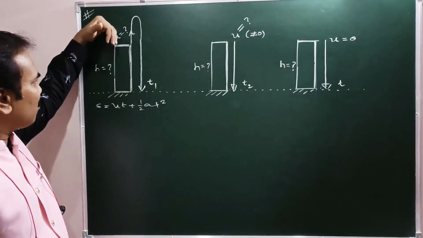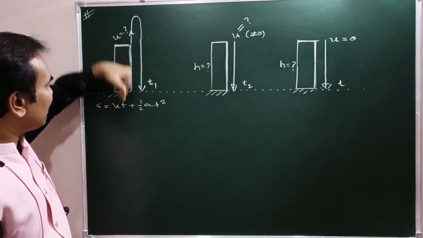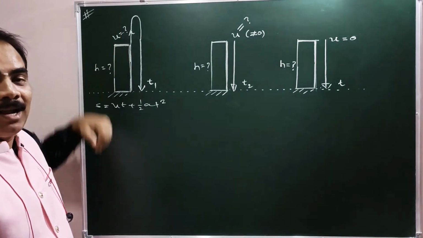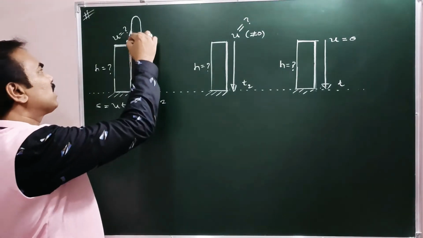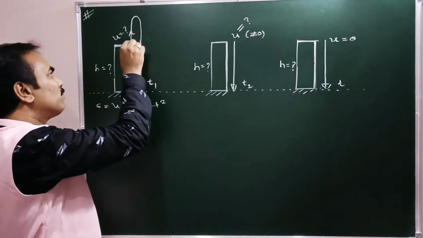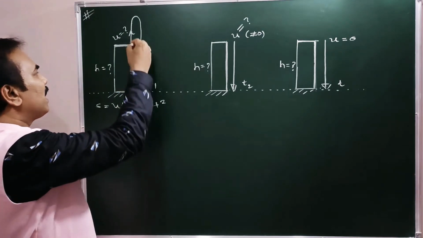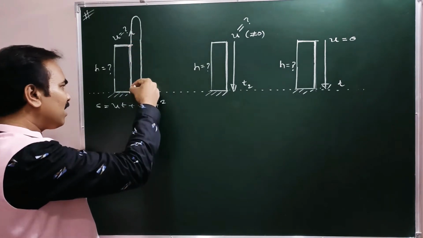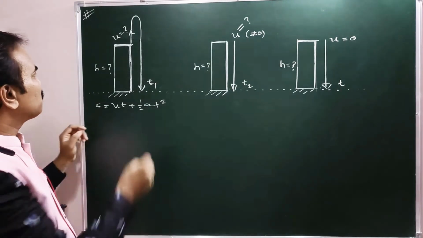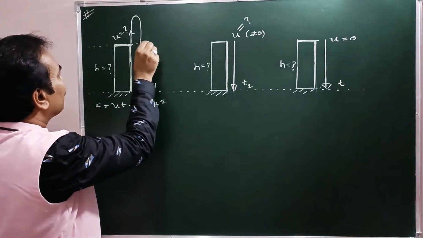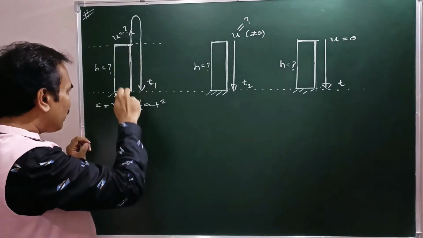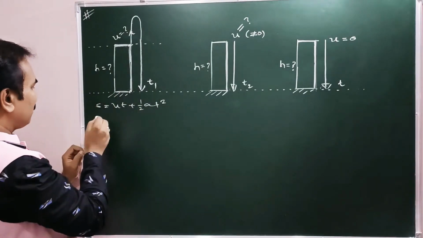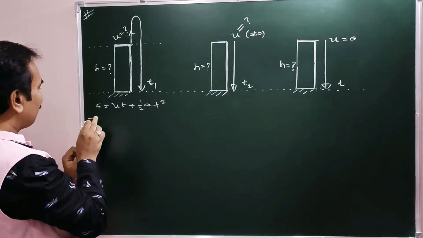The line segment drawn from initial position to final position, irrespective of direction of motion, is our displacement. So, this is the reference line usually. Displacement is from here to there, that is h with negative sign. So, minus h